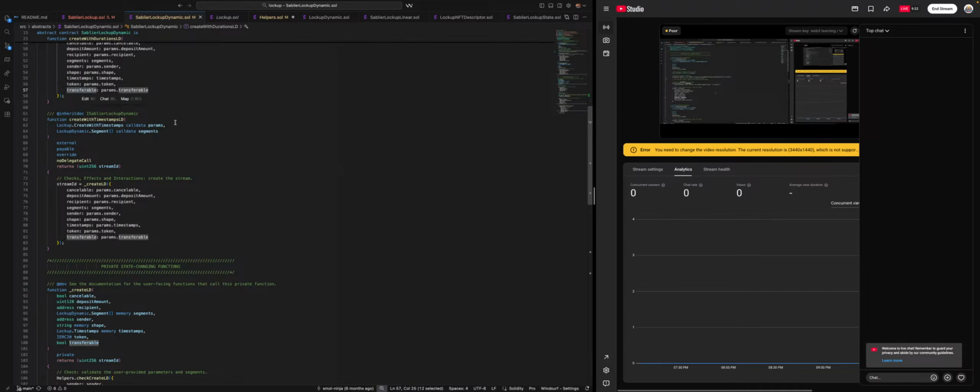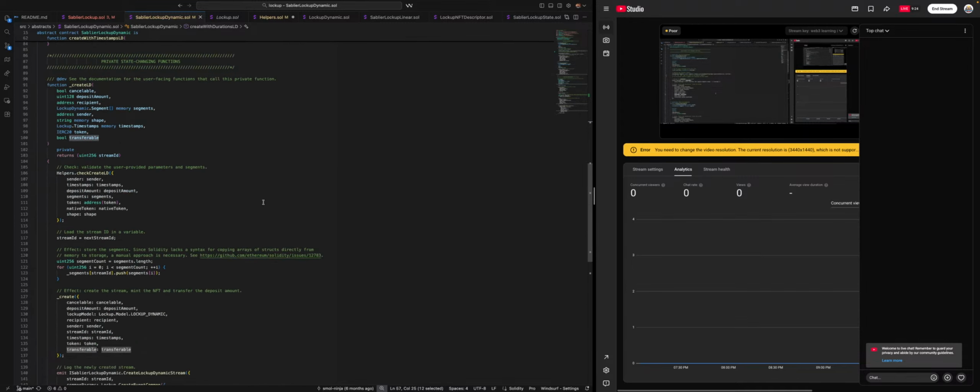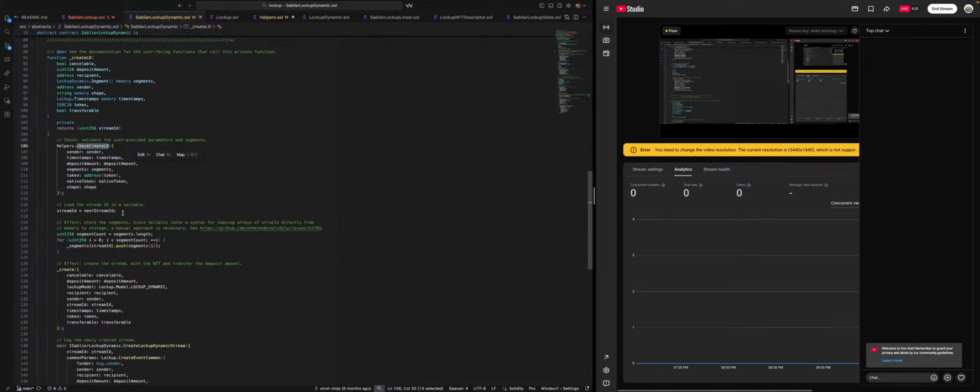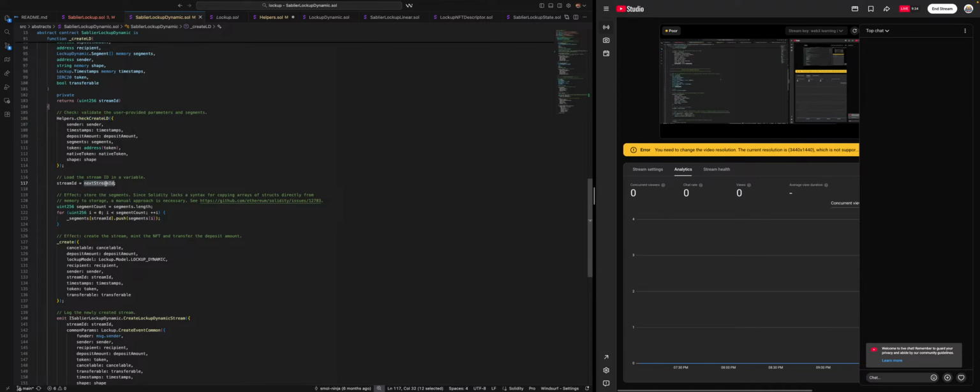And then token and transfer property. So how does it work? It calls create check, so it just checks something. Let's skip this. It takes the next stream ID into stream ID, and then for each segment, which are basically the properties for a time period, it is calling segments, a mapping of segment,